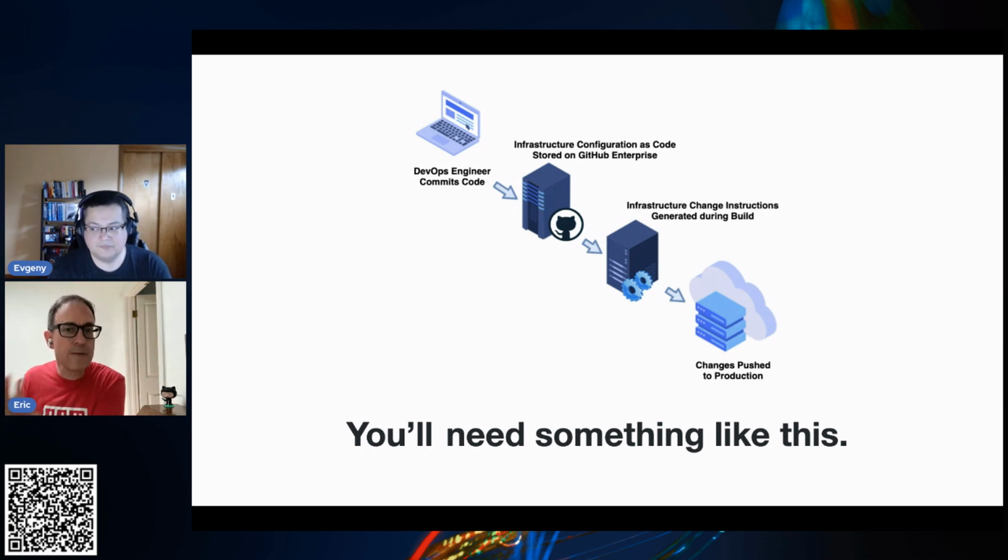Depending on what that impacts, our Actions triggers are going to look at this. Infrastructure is changed. A tool then looks at that and says, we've got some kind of change in GitHub, so let's go out and deploy those changes to the infrastructure.